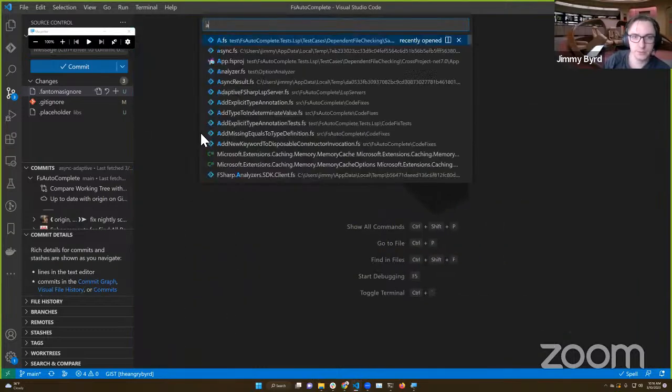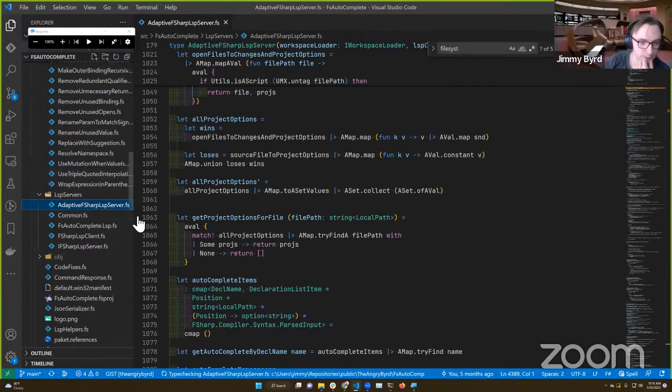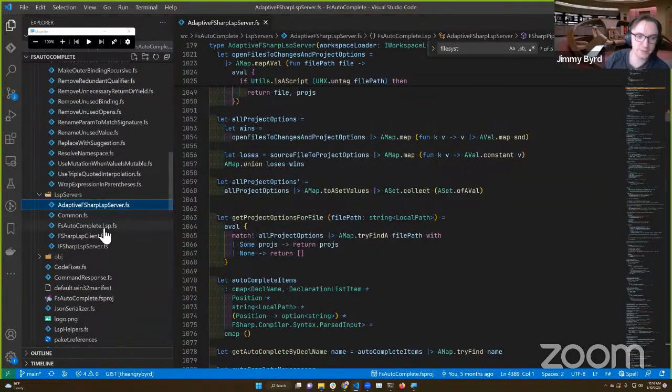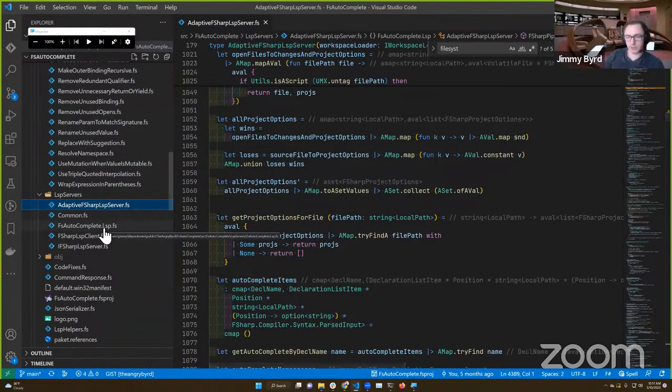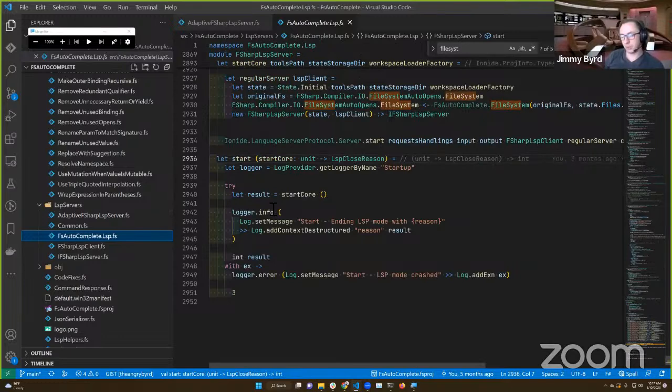When we actually look at what's in FSAC right now, we have the FSAutocomplete LSP server, which is what people have been using for multiple years at this point. And people have probably rightly gotten this way, it's very frustrating sometimes, the experience in VS Code.